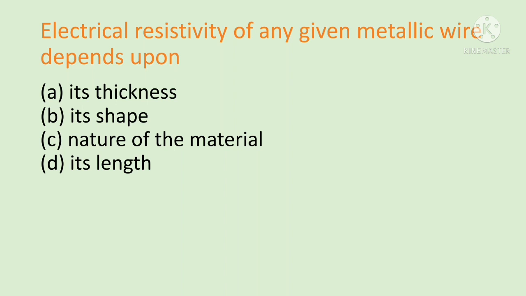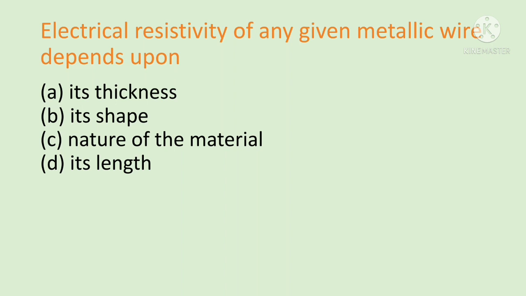Option A, thickness, no. Option B, its shape, it does not hold good for this question. Option C, nature of the material, and option D is its length. What is the correct answer then? Option C is the correct answer. That is nature of the material on which the electrical resistivity